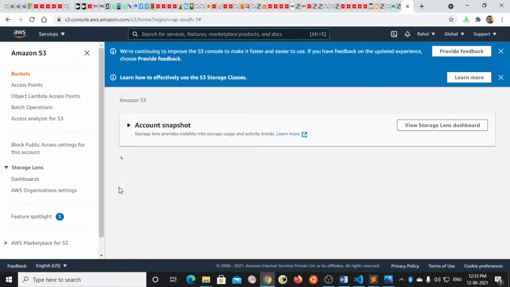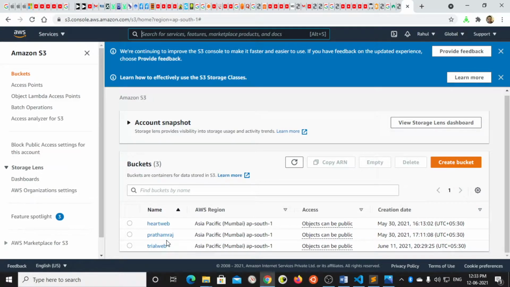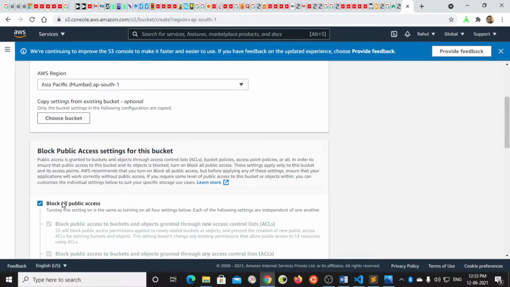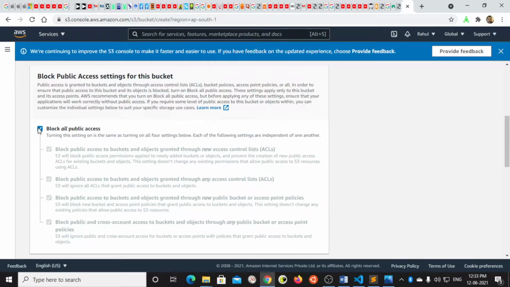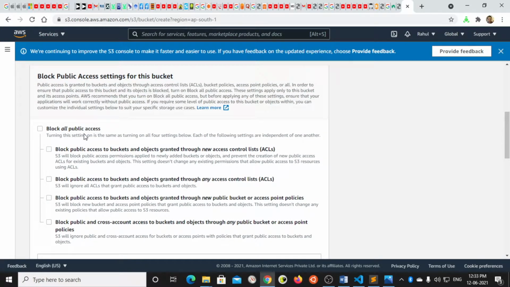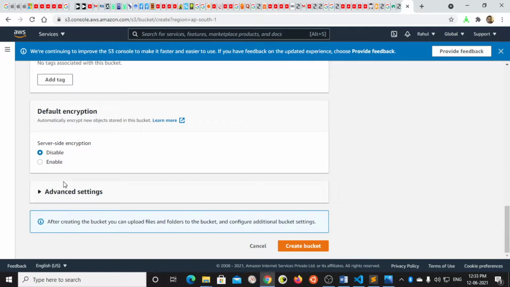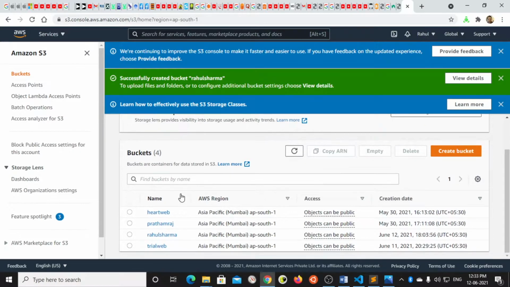In this first step, to create the bucket, so on the right hand side you can see create bucket in orange color tab. So I click on this and then provide some name to the bucket, which will reflect on the URL also afterwards. So here you can select your time zone. I've already selected this. Then I don't want to block the public access, so I uncheck this, acknowledge, and then create the bucket. So bucket has been created.